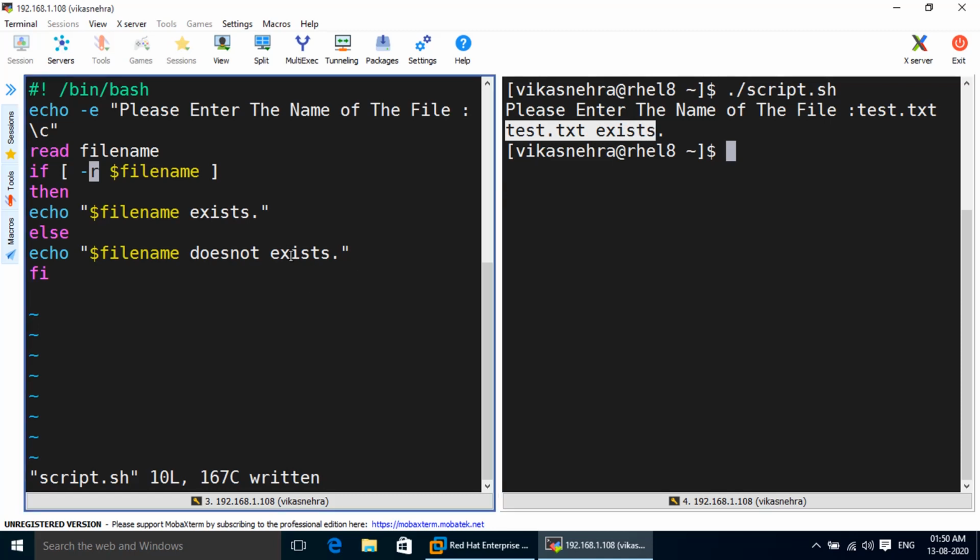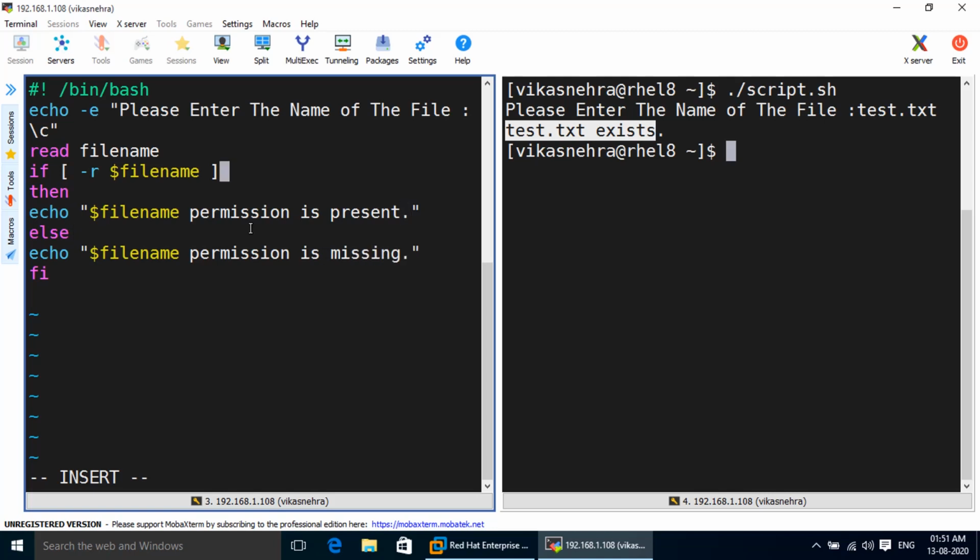So for that we can mention here in the script, go in insert mode and mention permission is present, and here in the else condition we can mention permission is missing.